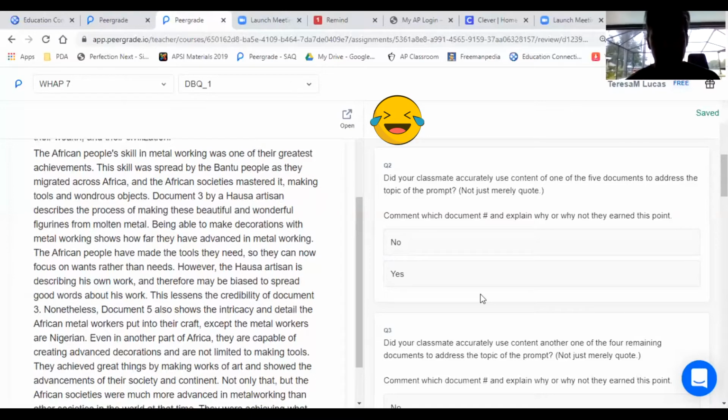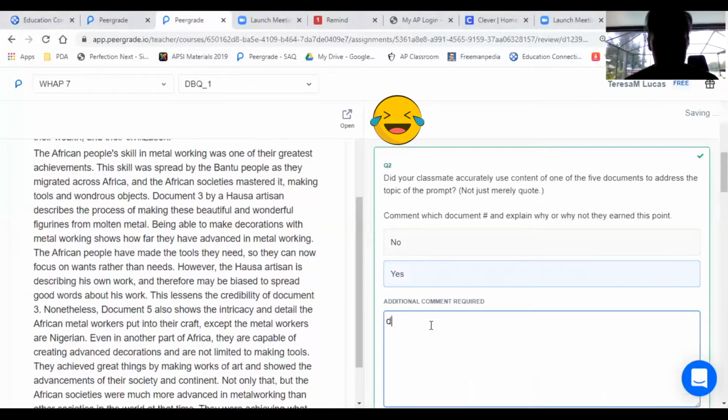So let me just go to the PDF. Look at document 3. In the name of the compassionate and merciful, this account shows the regular figures are made. This work is one to cause wonder. All right, so this student definitely is using document 3. They did it correctly because